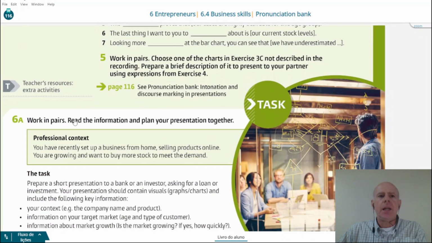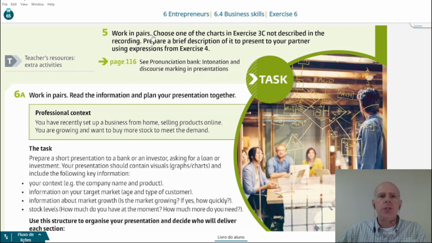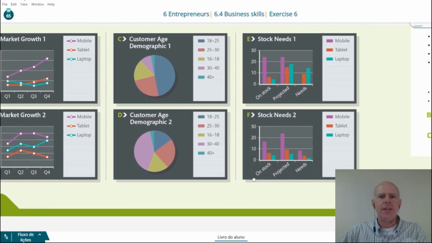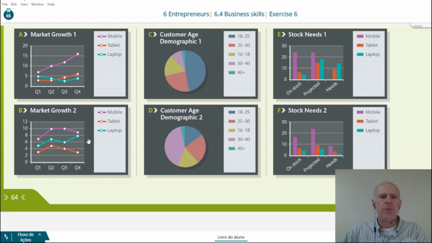After that, at the live lesson, we should work in pairs. What is it about? Choose one of the charts in exercise C, like B, D, or E. Prepare a brief description of it to present to your partner using expressions from exercise 4. So this is the idea. Instead of using A, C, and F, we should choose these, or these to present to our partner. For example, this product here,